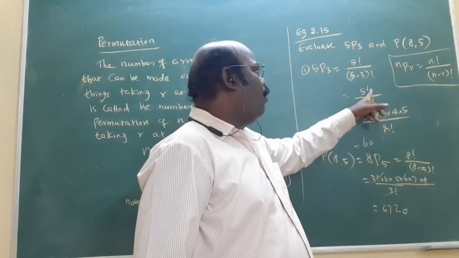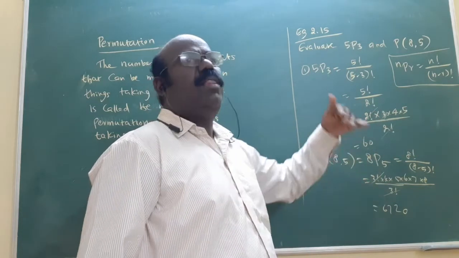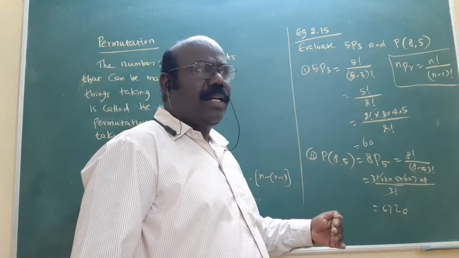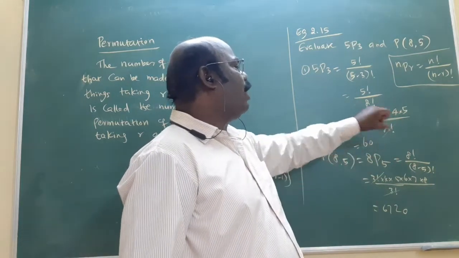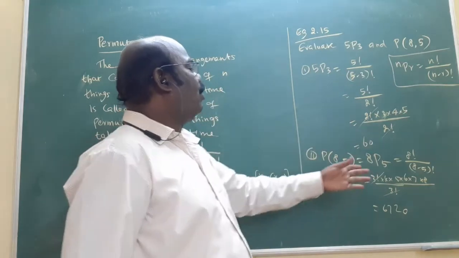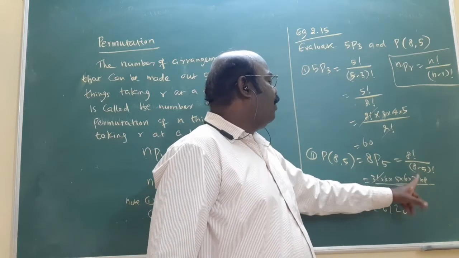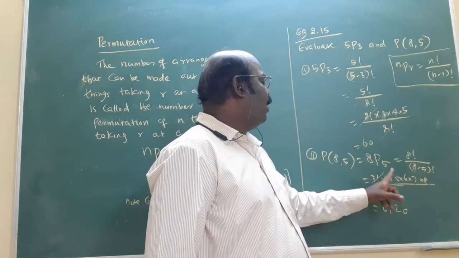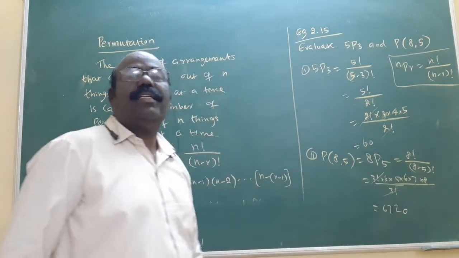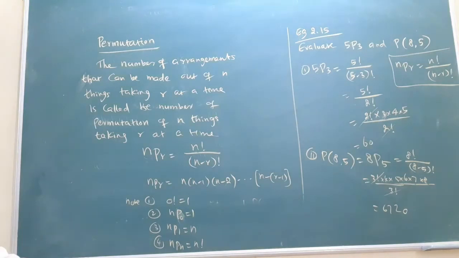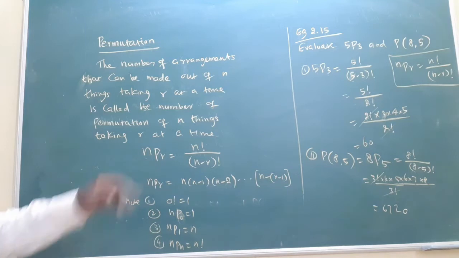What is the previous idea? 5 factorial means the previous number without factorial, next number 4 factorial. The 4 without factorial, previous number 3 factorial. 3 factorial can be written as 3 into 2 factorial. We got 2 factorial to cancel. We don't want factorial. Remains the answer. Here also 8 factorial by 3 factorial. 8 factorial means 8, 7, 6, 5, 4, 3 factorial. Because 3 factorial is there, cancel, multiply all the numbers, we get the answer. In this way you will find. So 2 mark or 3 mark question. Here again P involved with permutation, by using this idea.